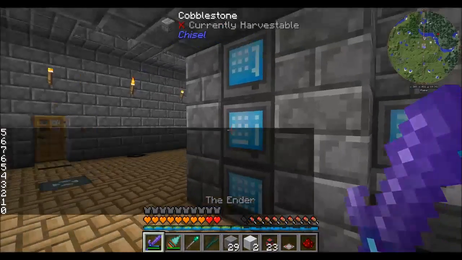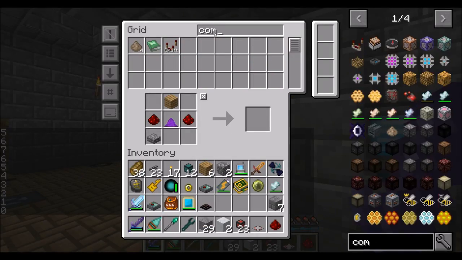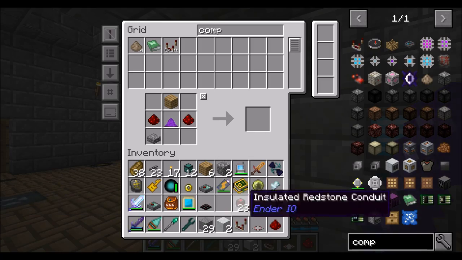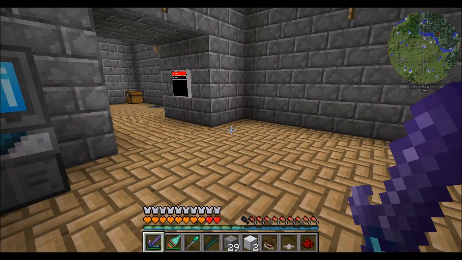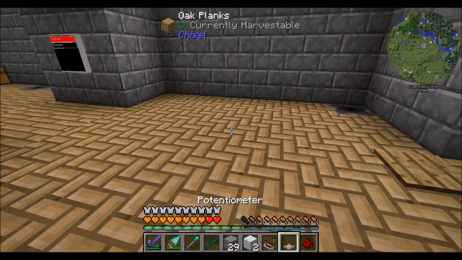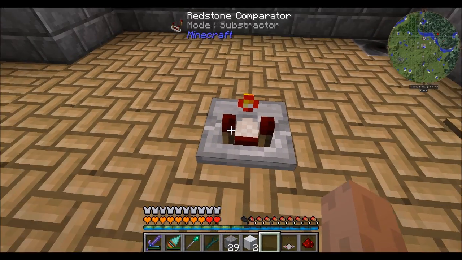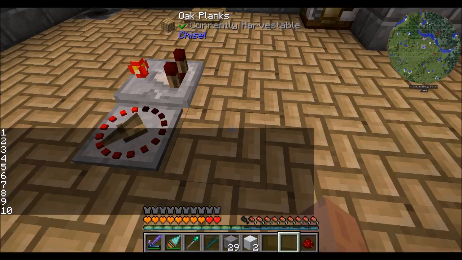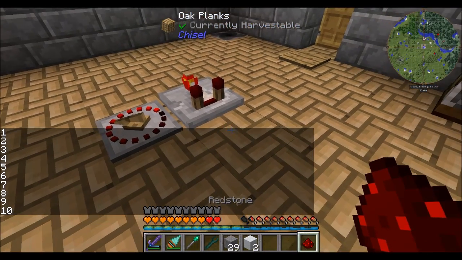So what we're gonna want is a comparator, right? In subtract mode. Because right now we're emitting a redstone signal of 1, which if we fed that over to our machine that stops things, it'll automatically stop, even though we've only got like 1 or 2 of each thing. We want to subtract a certain amount, right? So we put a comparator down in subtract mode, and I think what we want to do, so that when we're emitting a redstone signal,